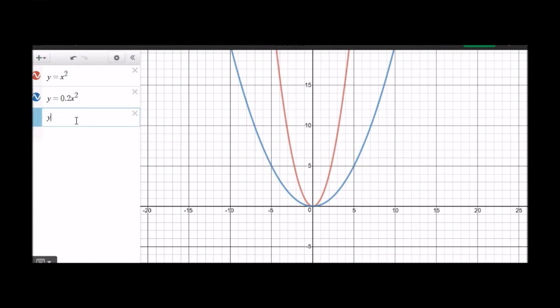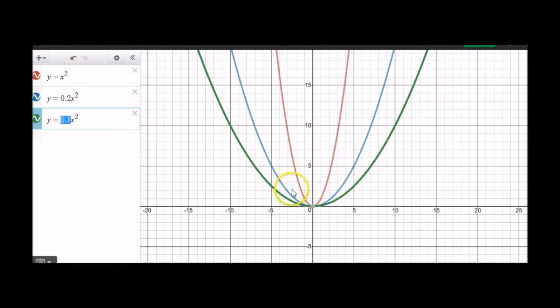So I'm going to pop in another one here. Let's go for 0.5 x to the power of 2. Oops, not 0.5, sorry, 0.1 x to the power of 2. We're finding it gets wider again. So the smaller the number, we're noticing that the smaller the value of A, we're actually getting a wider and